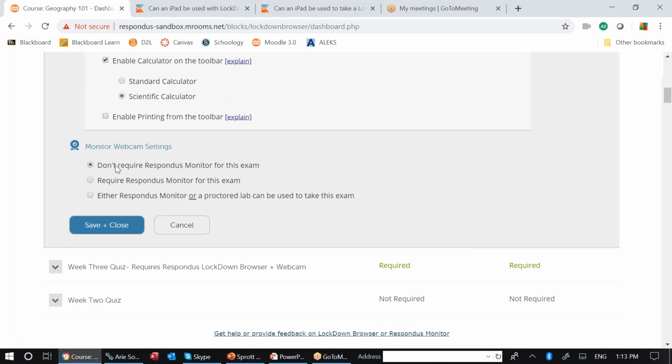So the default is not to use it, because many institutions are only using LockDown Browser, say in testing centers or proctor types of situations. But if you wanted to add the requirement, you have 2 great options. The either or option allows you the opportunity to let the student decide what method they are most comfortable with. So if I select this option,